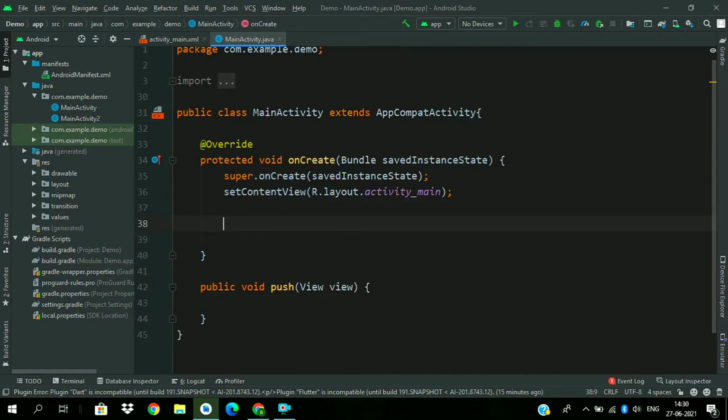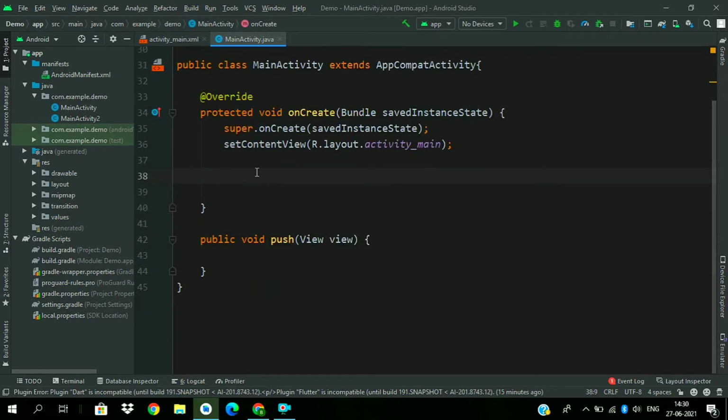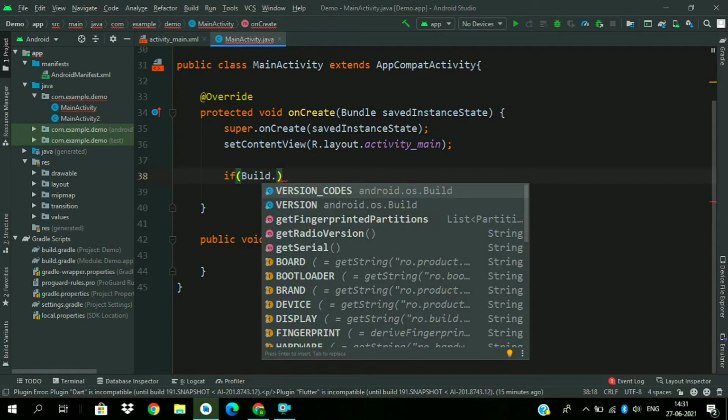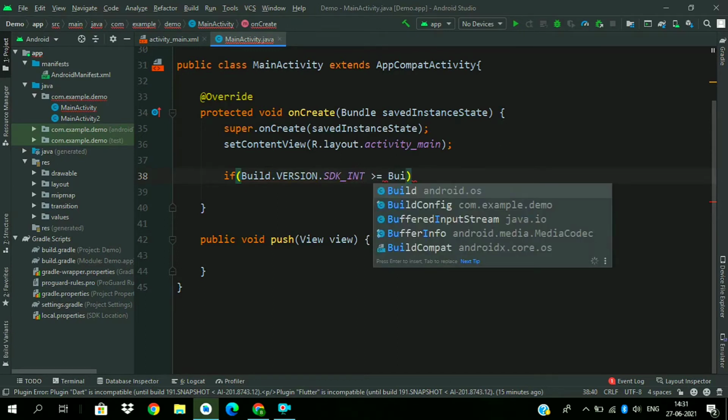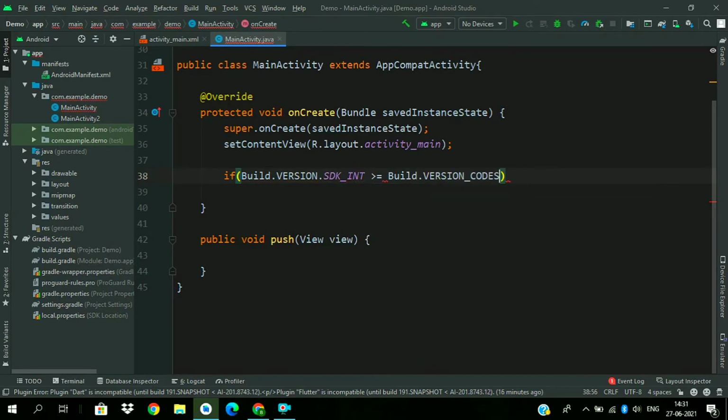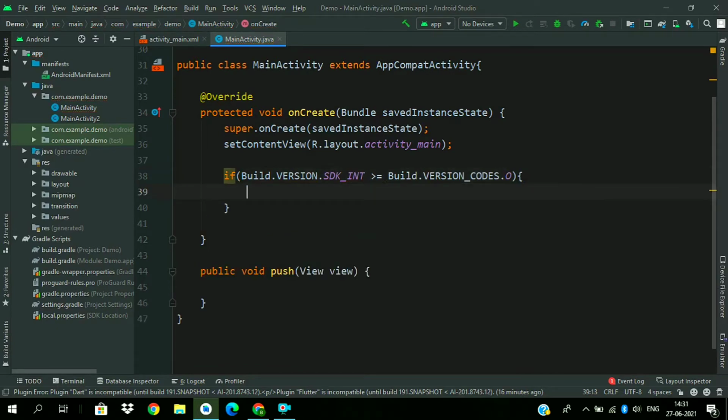For Android version Oreo and above, we need to create a notification channel. So create a condition if build version SDK int is greater than or equal to build.version codes dot Oreo. Okay. Now create a notification channel